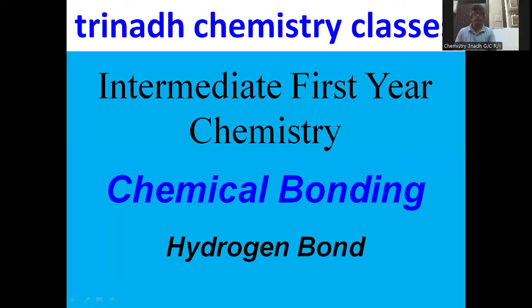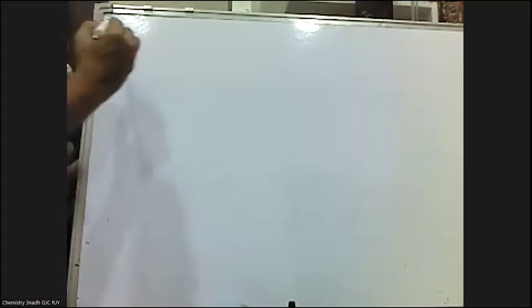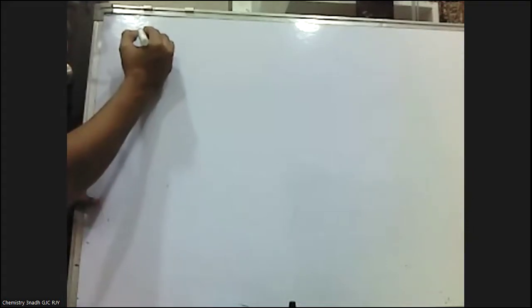So this is one of the important topics from the intermediate public examination, IPE, point of view. The question may be asked like this: what is a hydrogen bond? Discuss the various types of hydrogen bonds. In chemical bonding, we know